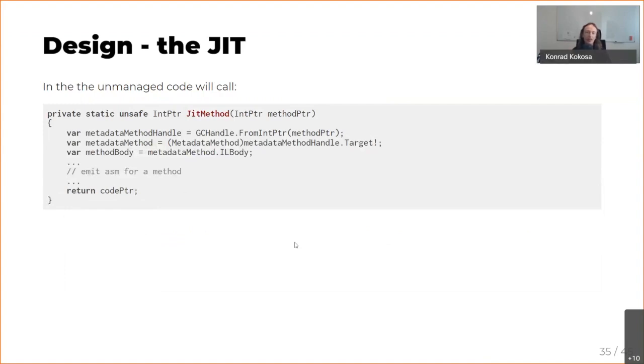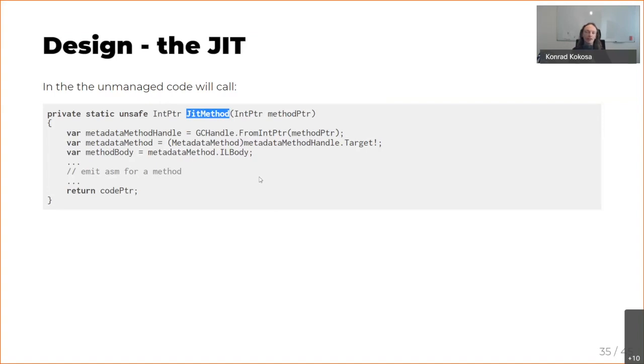So in the end, if you have our application, the unmanaged code that you are executing, for example, you are just JITing the main method, and at some point in time, you are executing another method, it will hit this stub, and this stub will hit the call to the JIT method.